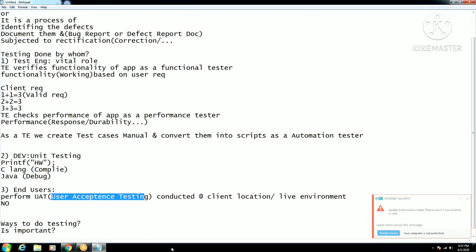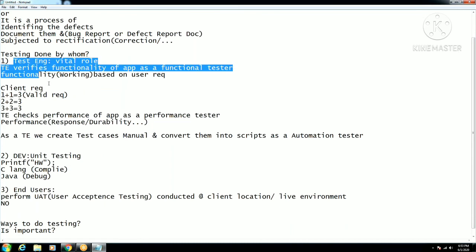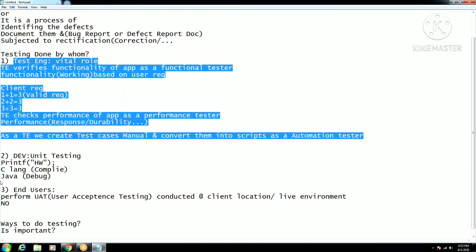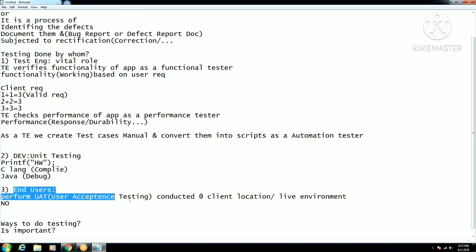So there is not only the test engineer to do the testing. There are different people to do testing in their respective areas, right? We do the external part testing as test engineers, developers test the internal structures, whereas at the client location, we do another level